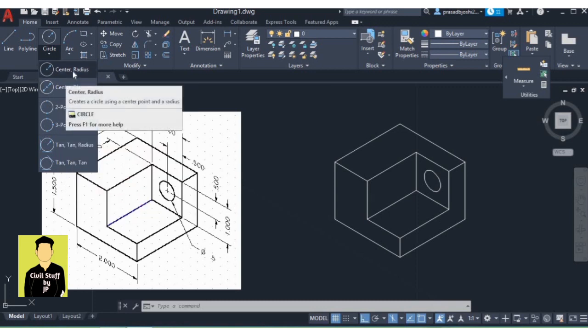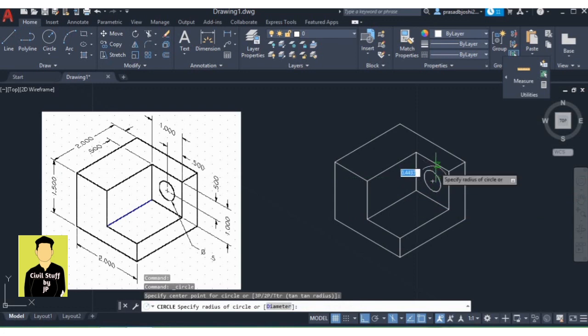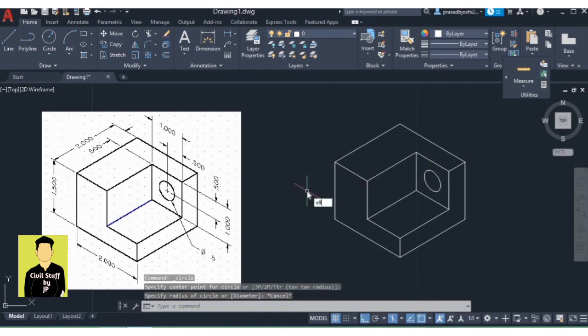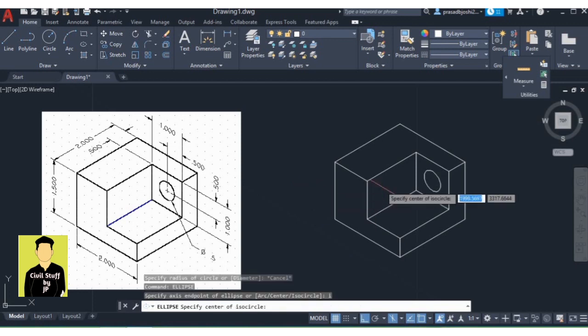If we select circle from here and select this point, you can see that the circle is not in the left hand view. So always remember, while drawing circle in isometric drawing, type ellipse, enter, I enter, and select the center point.